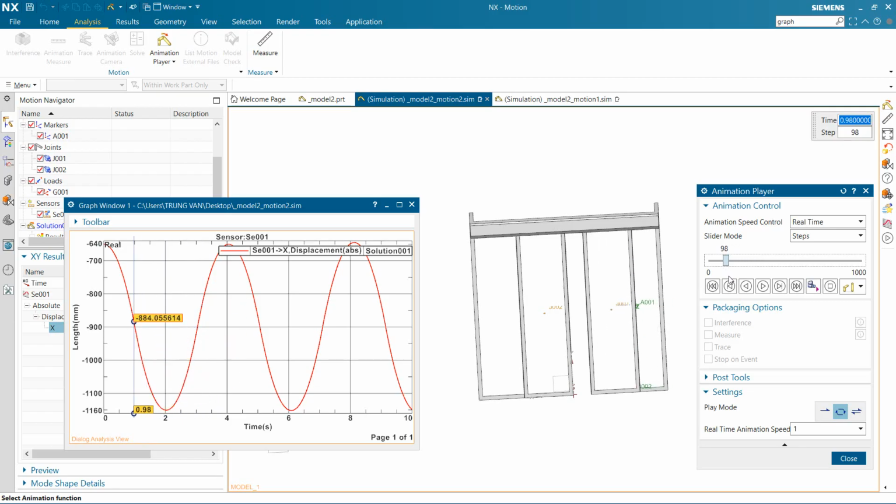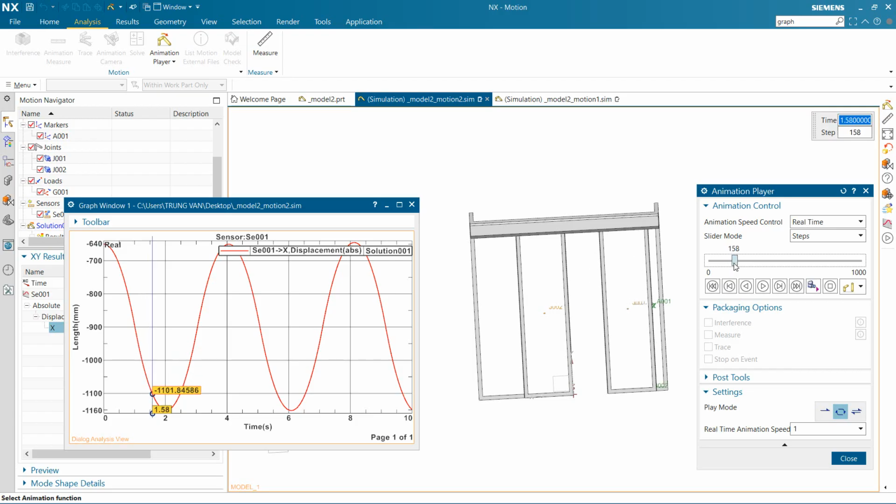Stop it here. Normally, from minus 600 to 900, it will apply a force of 100 to the right side. But when it reached 900, it changed the direction of the force, and then it slowly reduced the speed and velocity of the door, and it stopped at about 1160.